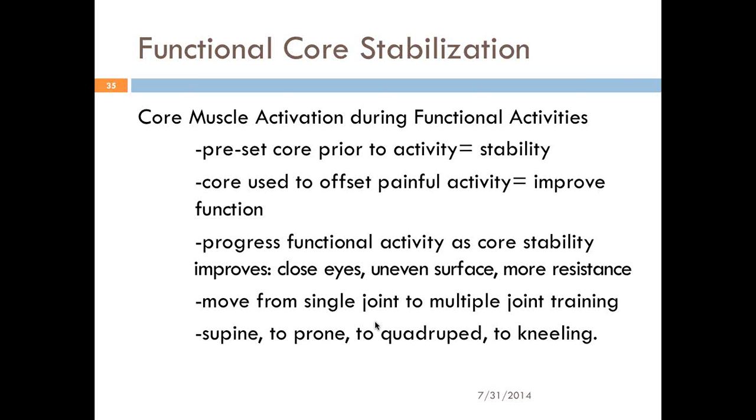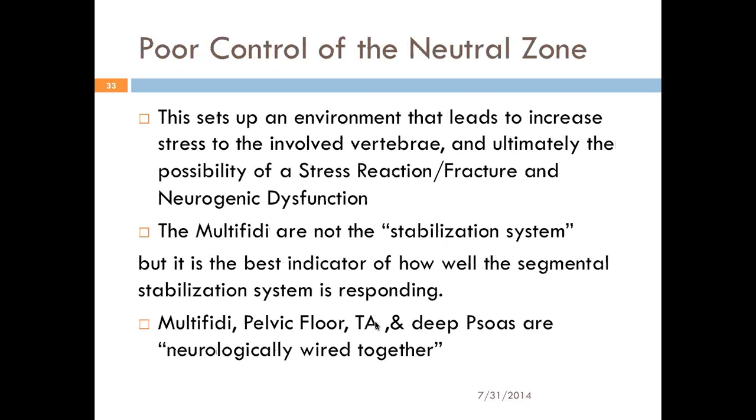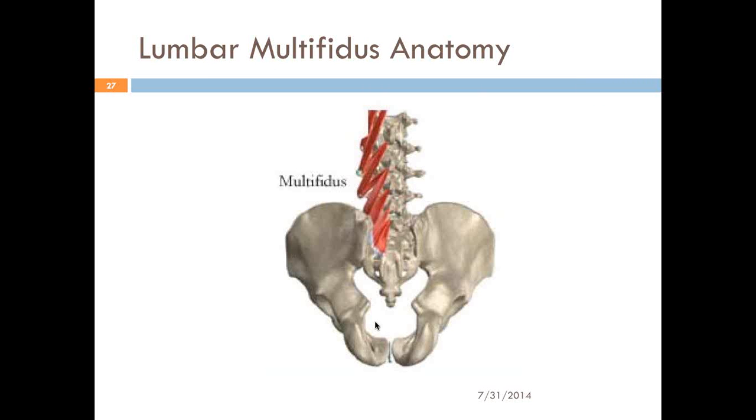And what does the disc do? The disc is there between the levels. Let's see if we can find a picture here. So your disc is between the two vertebrae, and the function of the disc is to create stability. Now, if you have a spinal compression or a disc lesion, that stability is gone from that one level. And what happens is the pain shuts the multifidus down. So you have a double whammy now. You have the disc problem